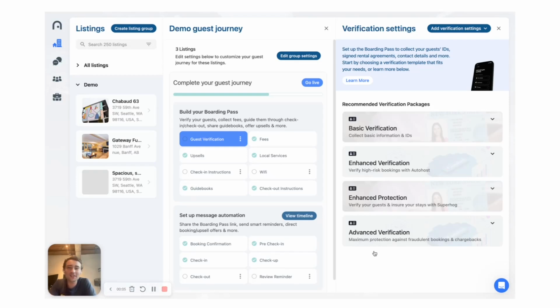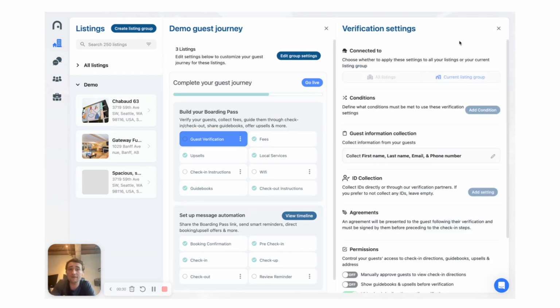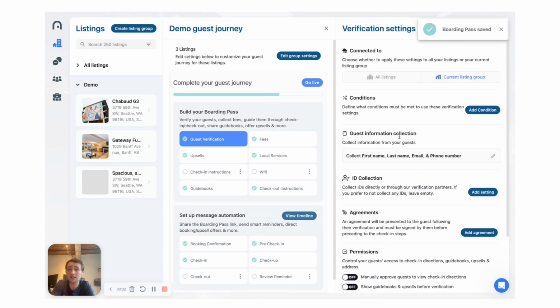Now, today we're going to address a subject that we have addressed in the past, but we're going to bring it in a slightly different context, which is the ability to use the data that you've collected to update the content that you provide. And this is specific to upsells and guidebooks, but you can get as creative as you want. So, in Enzo Connect, as part of your verification process, which you can do with AutoHost and Superhog and all of our partners, you can go ahead and create from scratch or use one of our templates and collect